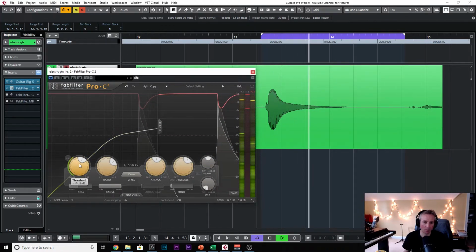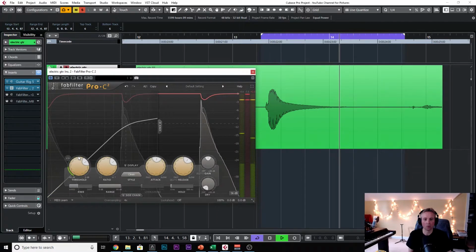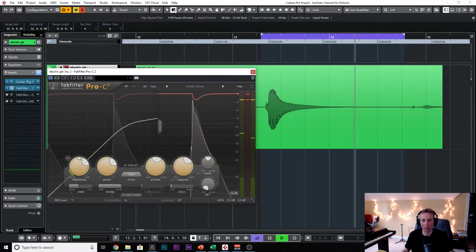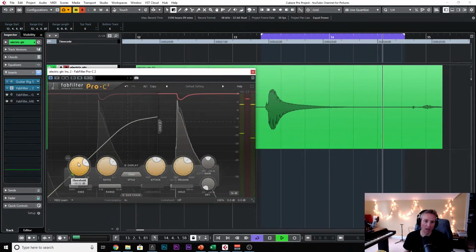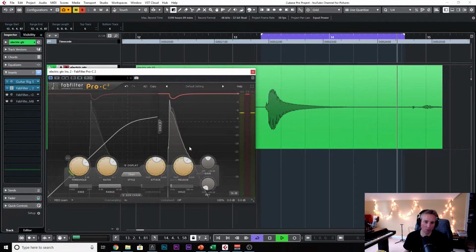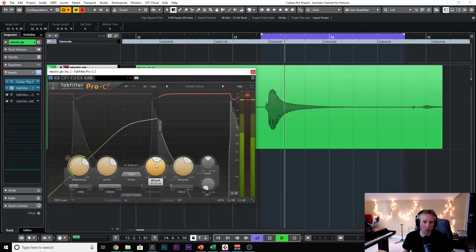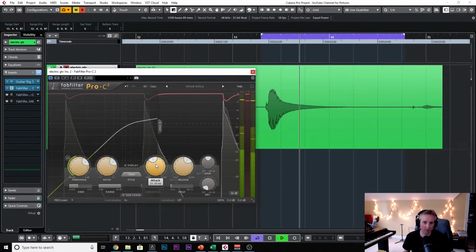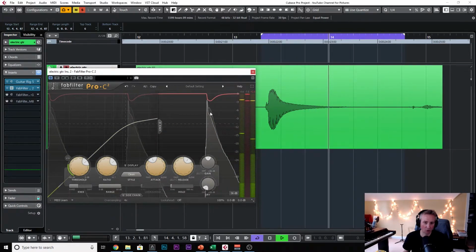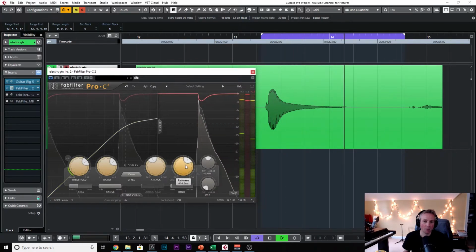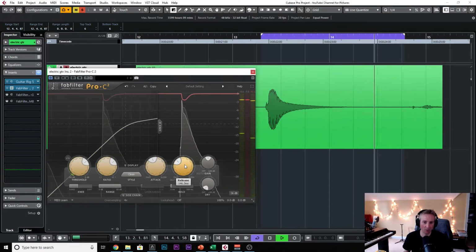Now, what I'm going to do is bring up the threshold to a point of how much of the body I really want to start to bring out in this waveform. So I'm going to make it a little bit higher of a threshold. See, anything below here, I want to really start to bring that out. So I'm going to probably make the attack time a little faster. As you know, I'm starting to affect the initial transient of it. But I want to make a faster release time too, because I don't want to really affect the body of that waveform there,